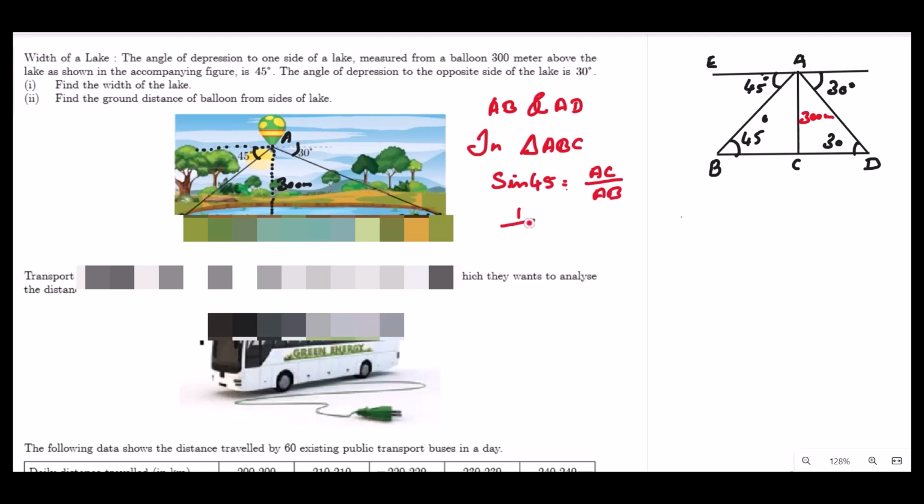What is sine 45? That is 1 by root 2, which is equal to AC, and we know the value of AC, that is 300, divided by AB. We need to find AB, so write AB as it is. Now cross multiplication: AB is equal to 300 root 2. So AB is equal to 300 root 2. That is the distance from A to the side B, 300 root 2 meters. So first one